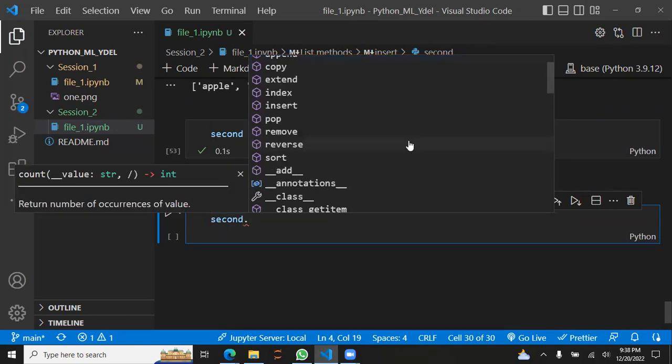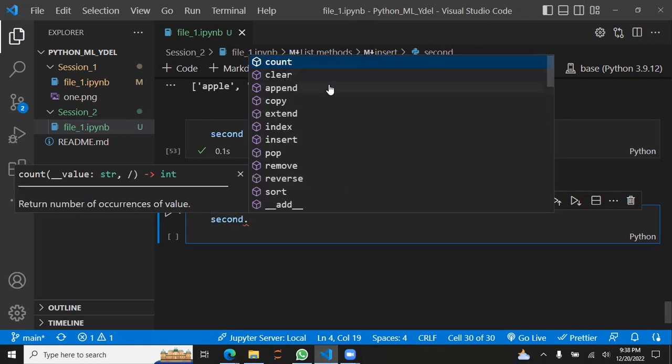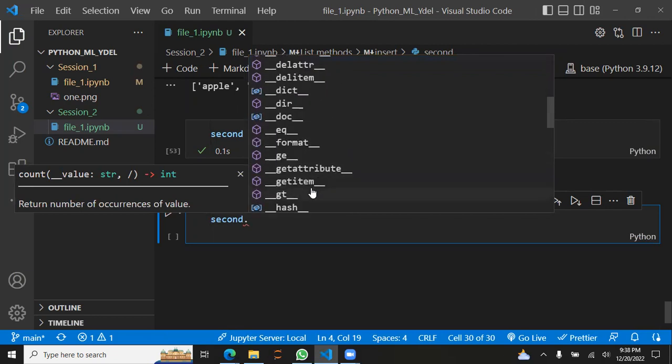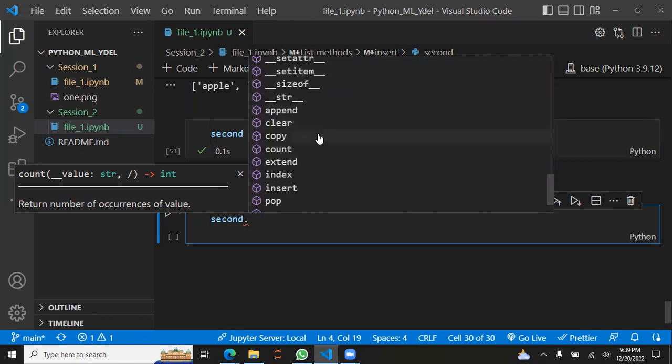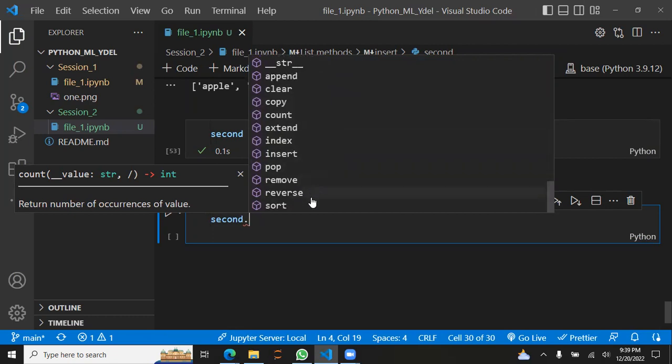Oh, we have a lot of them. So count, clear, append, copy, extend, insert, index, pop, remove, reverse, sort. Again we have some of them: append, clear, copy, count. Oh, they are the same. Reverse, sort. So that's what we have for list. We discussed pop, insert,